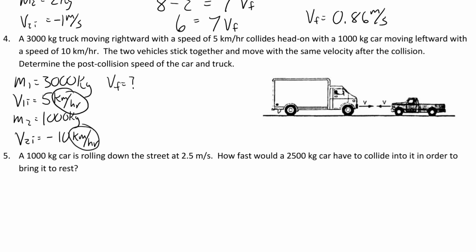you might want to put this into meters per second, and you definitely can. I'll show you how to do it. But you don't have to for momentum type problems as long as you're consistent. If we're looking for VF and we report our answer in terms of kilometers per hour, the units still work for that. The problem comes into play if you try to use this final velocity to find, say, the kinetic energy. Kinetic energy is in terms of joules, and you would need meters per second to have the units agree so that you get answers in terms of joules. So it's good practice to change it into meters per second, but technically for momentum type problems, you don't